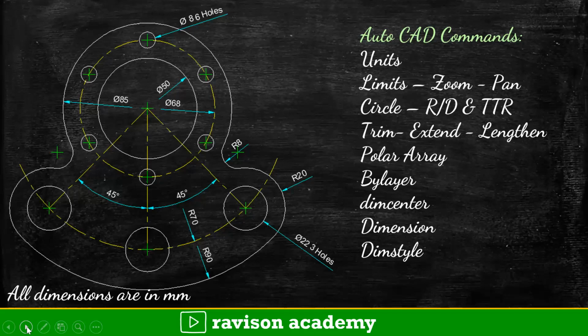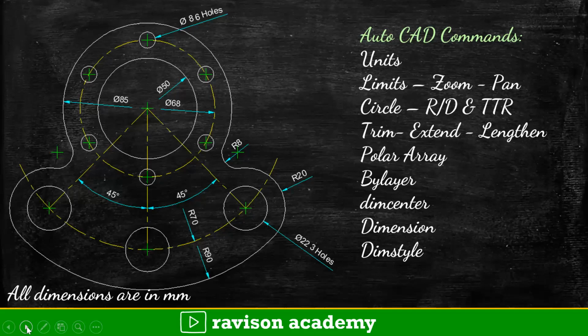Then drawing commands like circle, using radius or diameter option, and using the tangent radius option, and editing commands like trim, extend, and lengthen can be used. Since here the circles are arranged in a circular form, we are using the polar array command, and the bylayer command to edit the properties of the line, and Dimcenter to give the circle the center mark, the green color line,